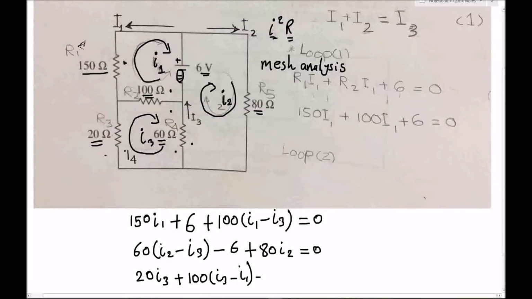طيب plus الفاينل element هو 60 ohm واقع بين I3 و I2، هتكون احنا لأنه في لوب I3 هنبدأ ب I3، تكون 60 I3 minus I2. طيب